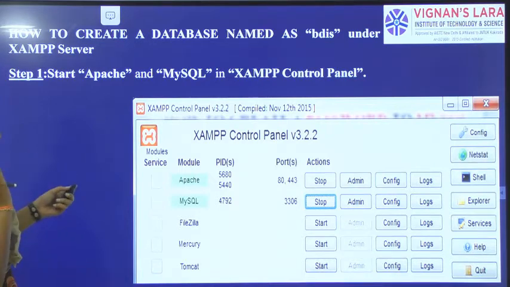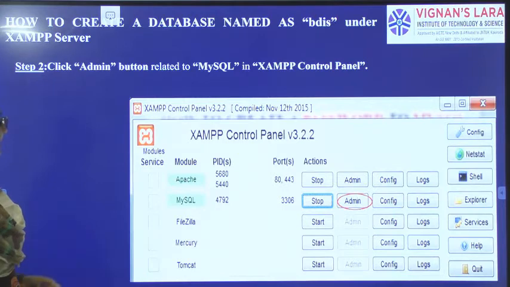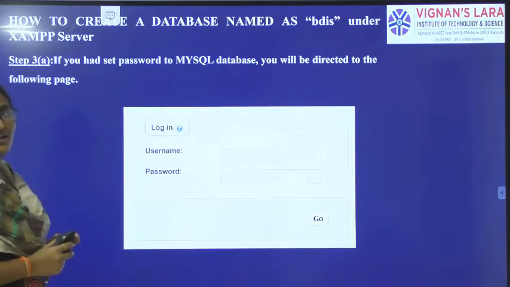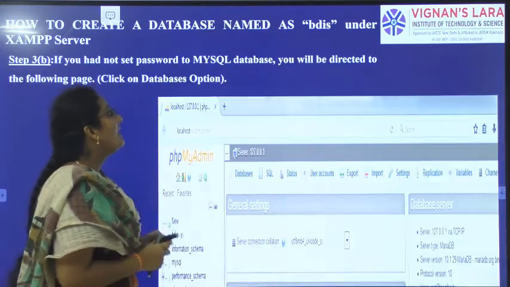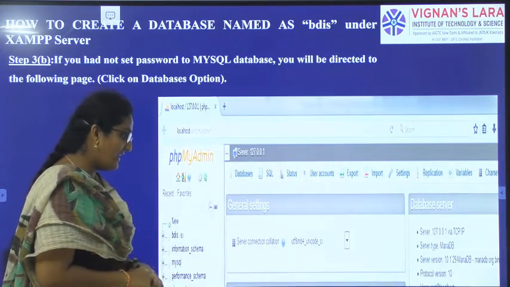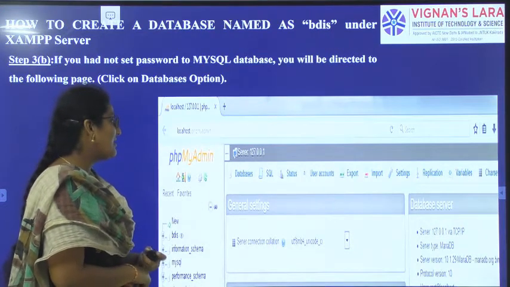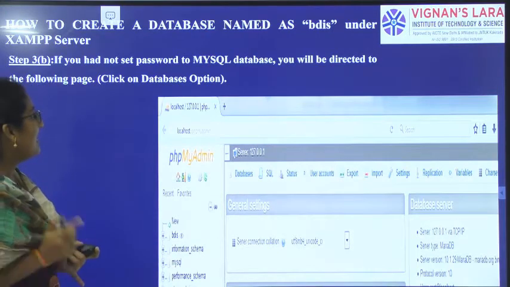After that, click on the Admin button of MySQL. Then if the password is already set, you will be directed to the login page. There you give the username and password as root. If the password is not set till now, you will be directed to the phpMyAdmin page, where you click on user accounts, edit privileges and change the password.